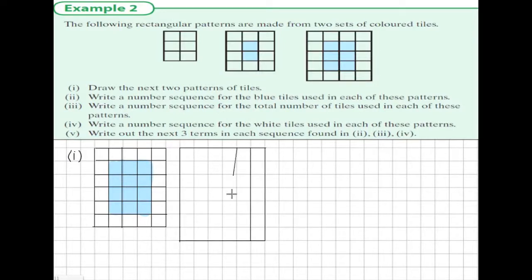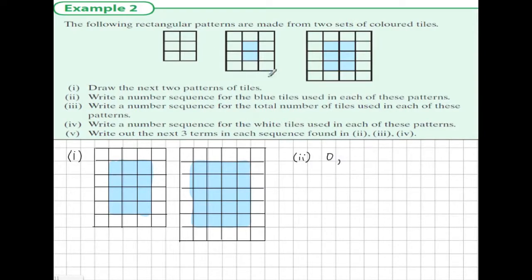In the second pattern, this time we're going one more across and one more row of tiles down. And again, just the inside are colored blue. So this is the continuation of the pattern. Okay, the second one, we're to write down the sequence for the number of blue tiles. We see the first one has none, the next has 2, the next has 6,